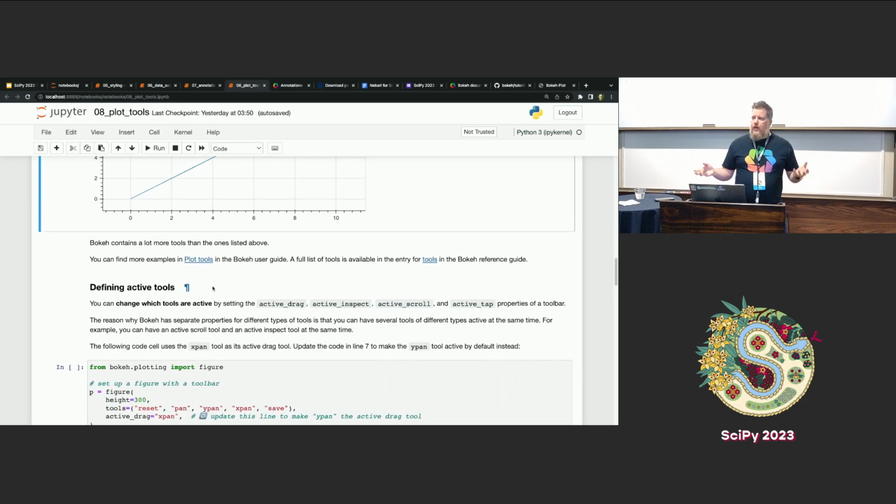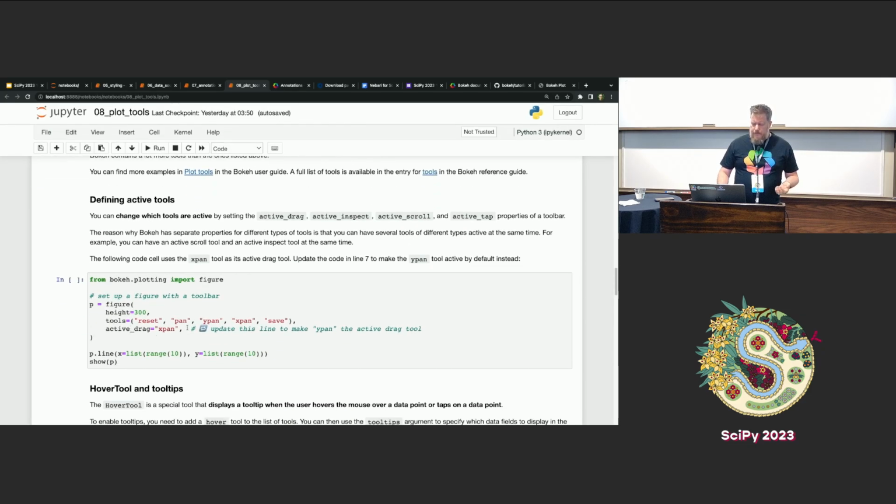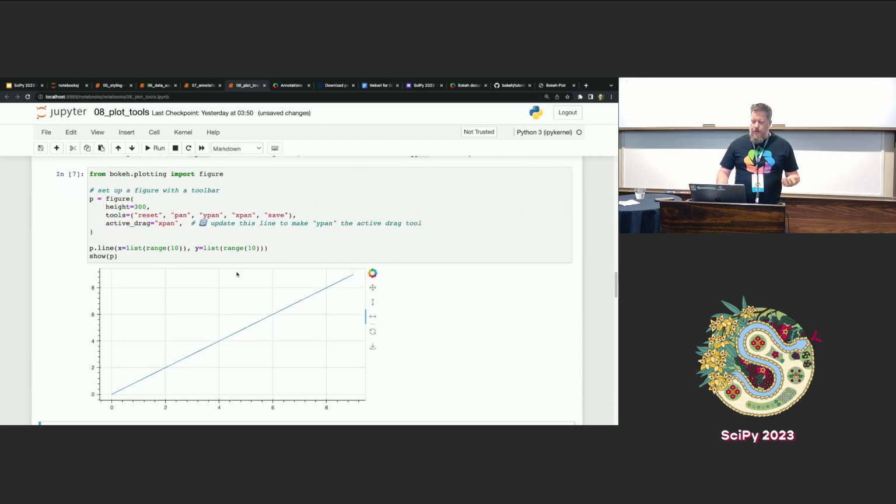There are several tools in each category, and if you add all the tools, Bokeh has a default order within each category. But if you want to be specific and say, I want this particular tool to be the active tool when the plot is initially displayed, you can set the active drag, active inspect, active scroll, and active tap. So in this case, we'll draw a plot here, and we have the pan tool and a YPan